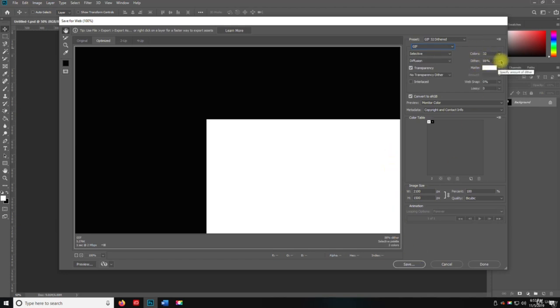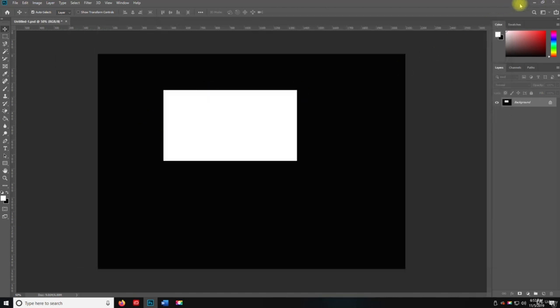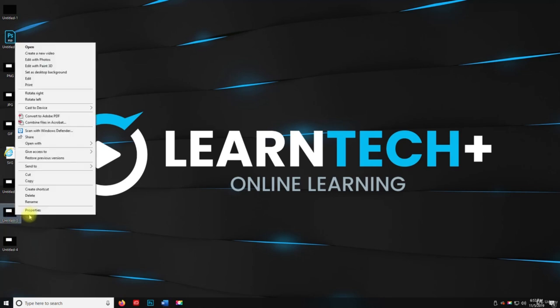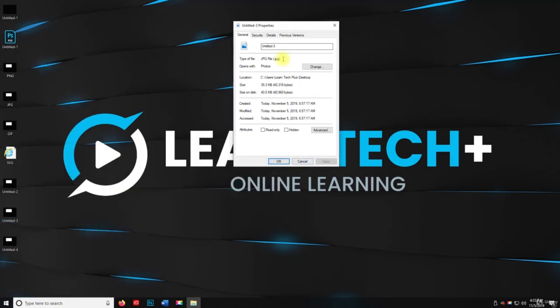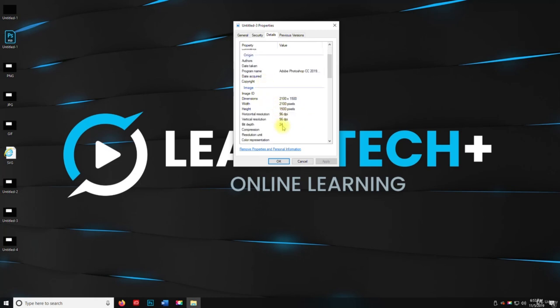colors, transparency, I'm going to hit save. We'll do Untitled 4, and then I'll minimize this. Hit Control S first to save, and then minimize. And so what I want you to do is right click on Untitled 3, go to Properties, and we're going to look at the details here. So this is the dimensions. If I go down here, we can see it's a JPEG, and then the file size. So it's 39.3 kilobytes. And with 2